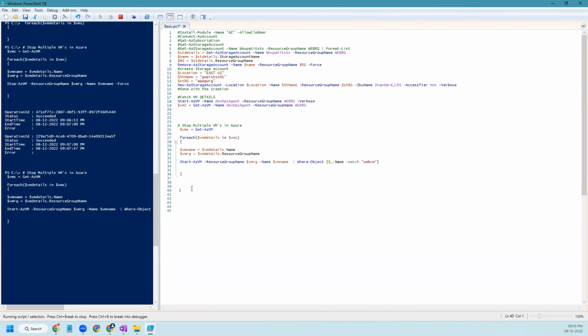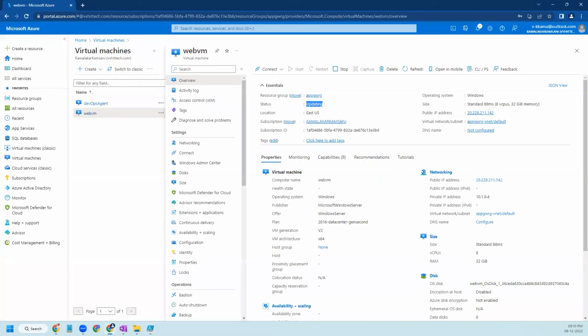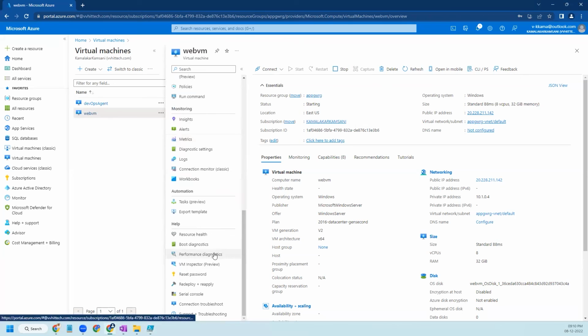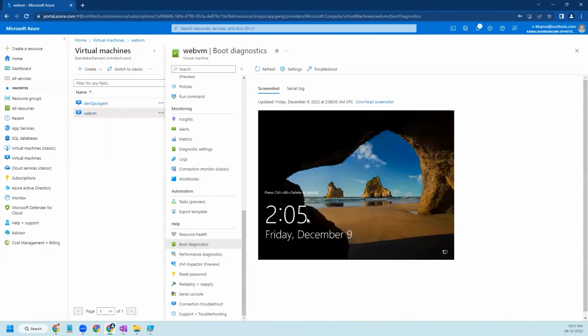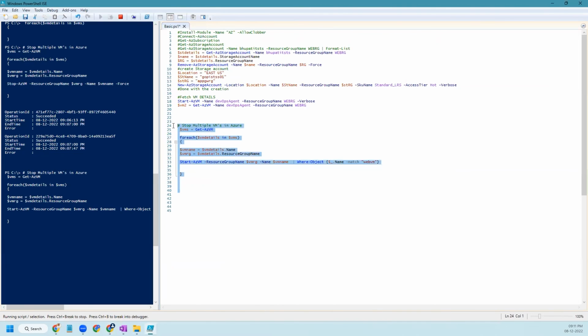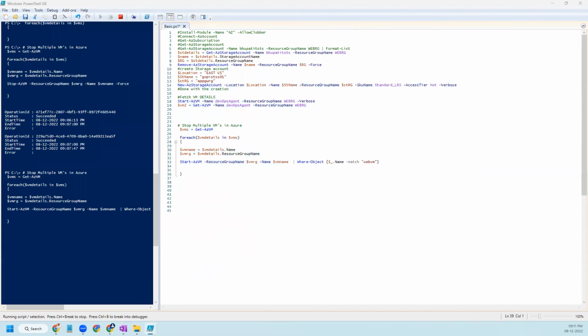Any questions so far? No. Okay, the VM is in a starting status. If you remember what boot diagnostics is, you can go and check here. Okay, it's in a good state. It will be updated very soon. I'll share these commands with you. Feel free to let me know if